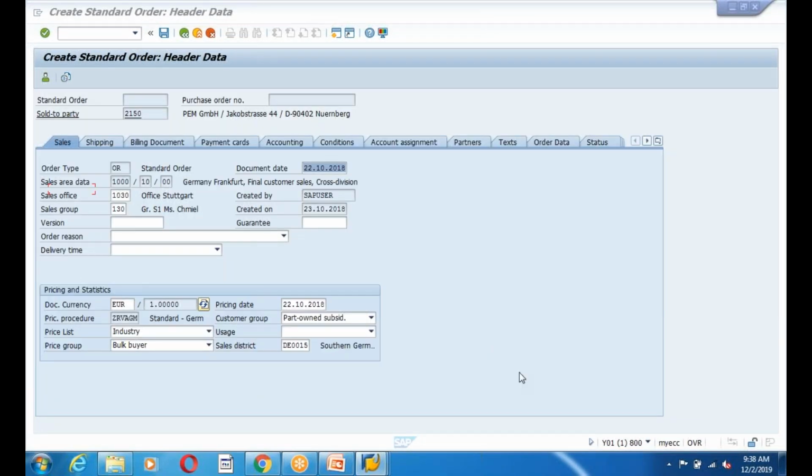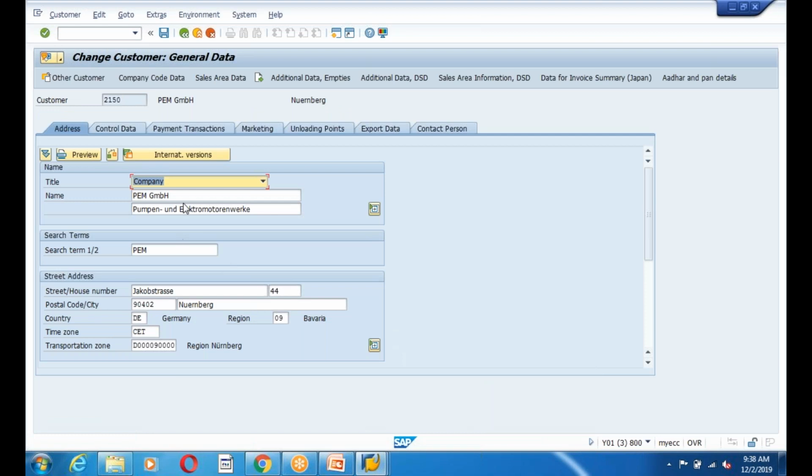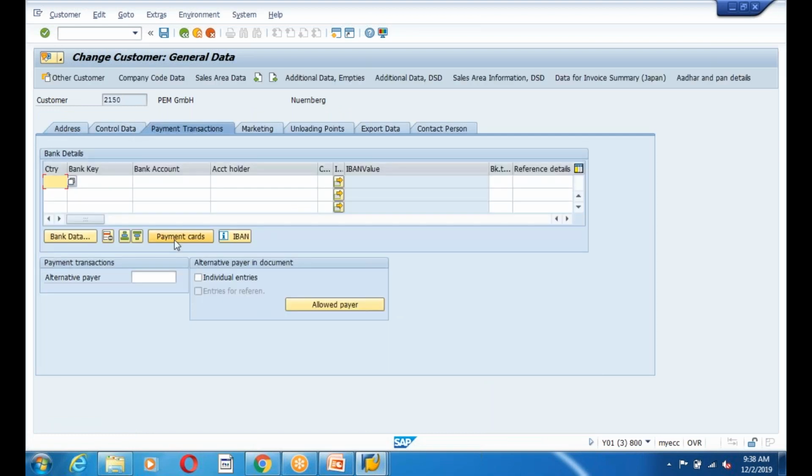Yes, he is a Germany customer. Maintain the Germany details, guys. So DE, and bank key 1, 2, 3, 4. Bank account 1, 2, 3, 4, 5, 6, 7, 8, 9. And account holder, the name PEM GmbH, and enter.